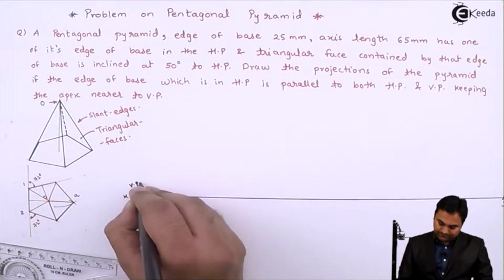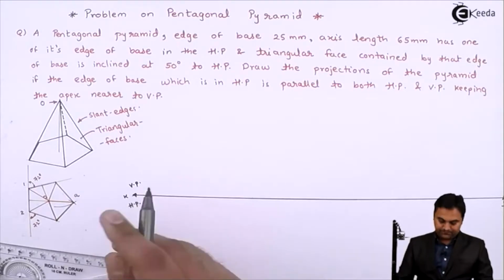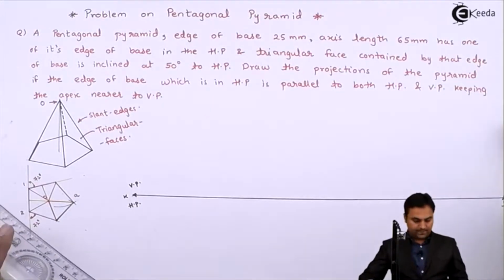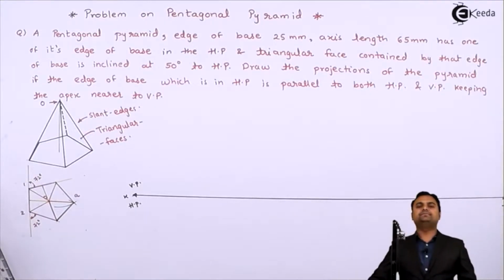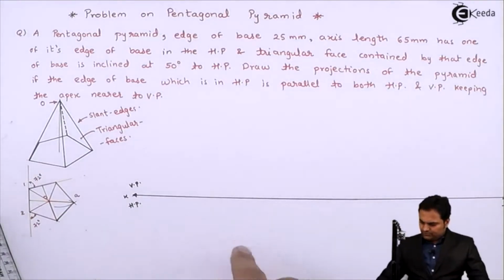XY line, VP, HP, pentagon will be drawn here, and in this case edge should be on the right hand side as I have explained. So now here I'll keep the edge onto the right hand side,